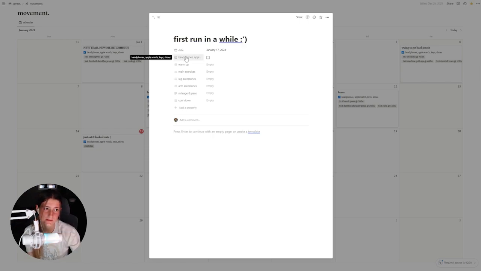What this property is right here is literally just my reminder before I go to make sure I have the only things that I need, because every single time for some reason I either forget my watch or my headphones or the right shoes. Or if I'm going with Ryan and I'm not driving my own car, sometimes I'll forget my keys, which has my little check-in QR code on it. So yeah, if I'm being good that day, I will look at this first and I'll be like, oh yeah, I need all this stuff.